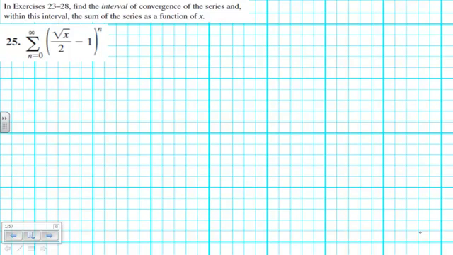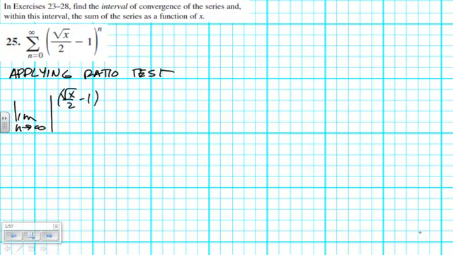So let's apply the ratio test. Probably gonna forget to write that. Absolute value of the n plus 1 term, which is root x over 2 minus 1 to the n plus 1, divided by the nth term. They can't. So we'll just get, the only thing that's left when we do that, square root of x over 2